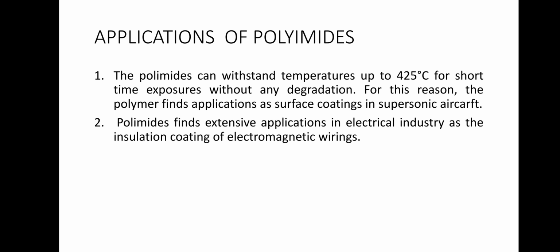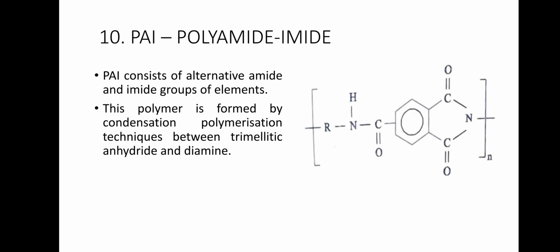Applications of polyimides. As it can withstand very high temperatures up to 425 degrees Celsius for short time exposures, the polymer finds applications as surface coatings in supersonic aircraft. PI finds application in the electrical industry as insulation coatings of electromagnetic wirings. The next thermoplastic polymer is PAI,